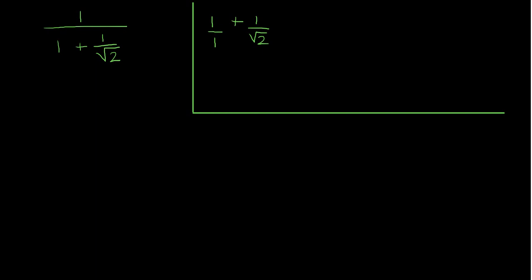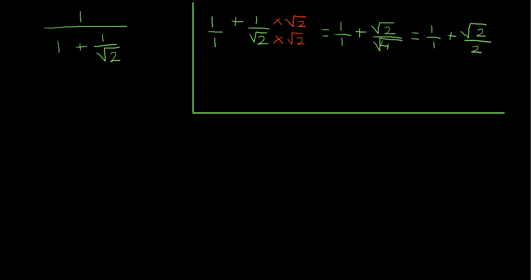So for the fraction on the right, I'm going to multiply this top and bottom by square root 2, and that is going to give me 1 over 1 plus root 2 over root 4, which is the same as 1 over 1 plus root, I forgot the square root sign, sorry about that, root 2 over